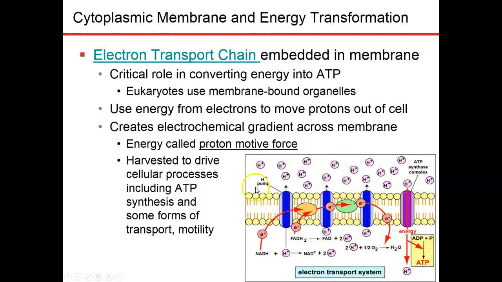And so this is how the majority of ATP is produced in most eukaryotic cells and in many prokaryotic cells, including cells like E. coli and Staphylococcus. So this produces a lot of ATP energy,